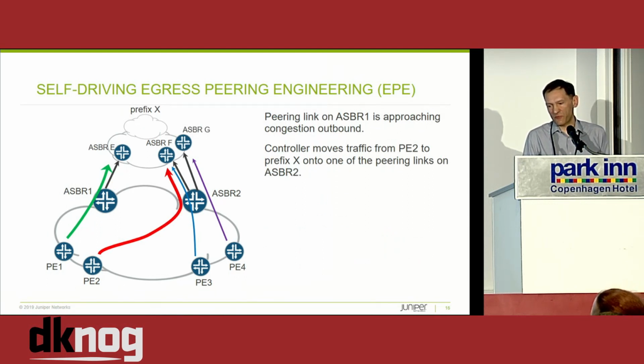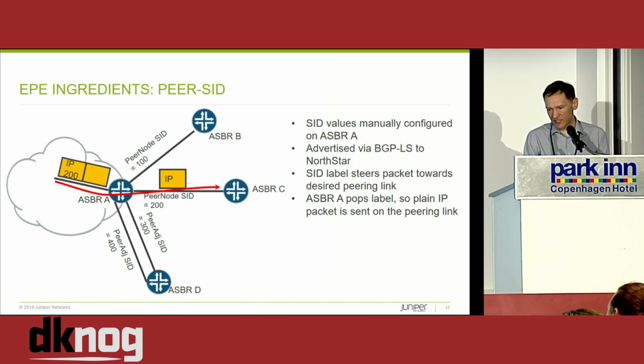So from the point of view of PE2 sending traffic to prefix X, whereas before it was using the ASBR on the left-hand side of the slide, it's now swung it across to ASBR2, and it's using the peering link to ASBR F. A flavour of how it's actually achieving that, one of the ingredients that we use is something from